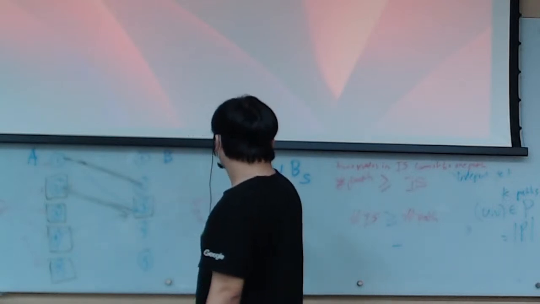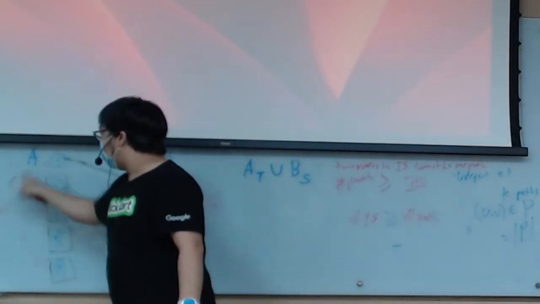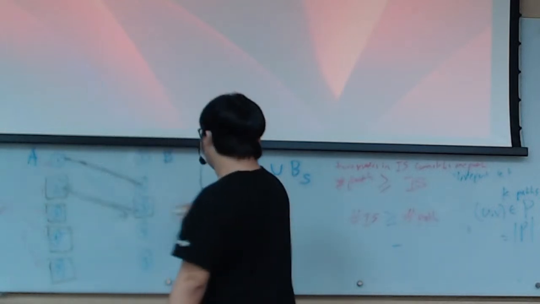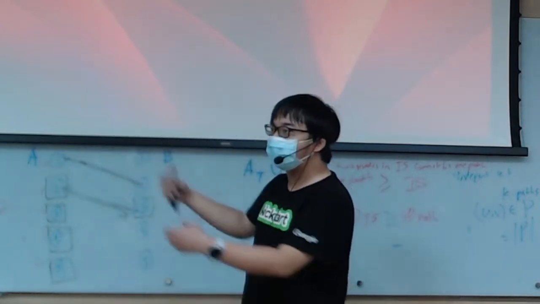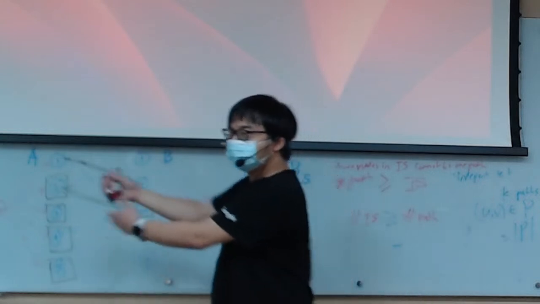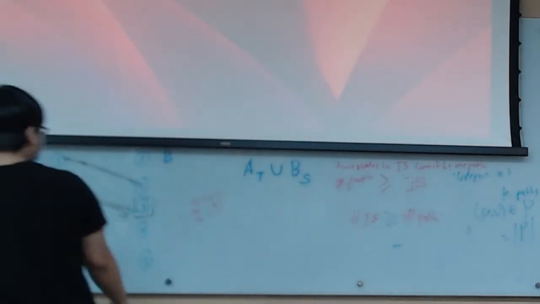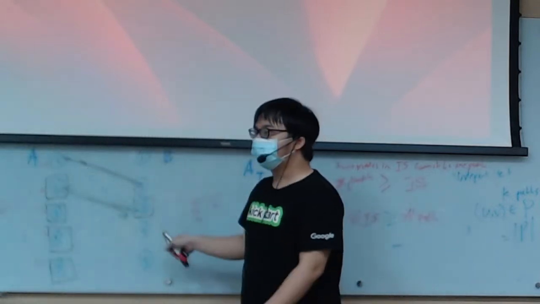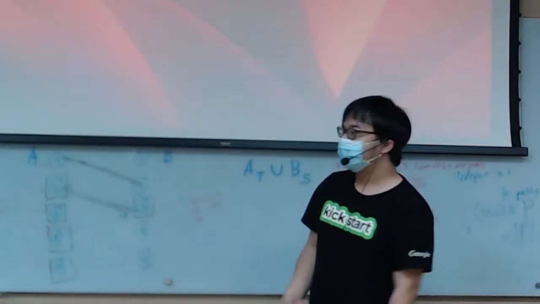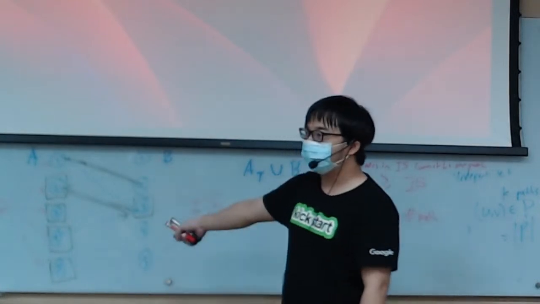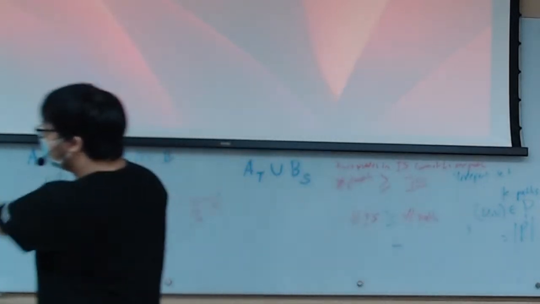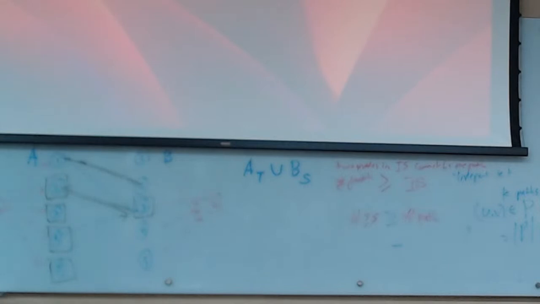In this case it is equal to the number of cuts, right? Because the number of this is the number of cuts that we make here, and the number of this is the number of cuts that we make here. So it's equal to the number of cuts, and we know that the number of cuts equals the max flow, or in this case the matching, right? So yeah, and just now we also got the vertex cover. So we proved König's theorem from here, and then to go to Dilworth's theorem,